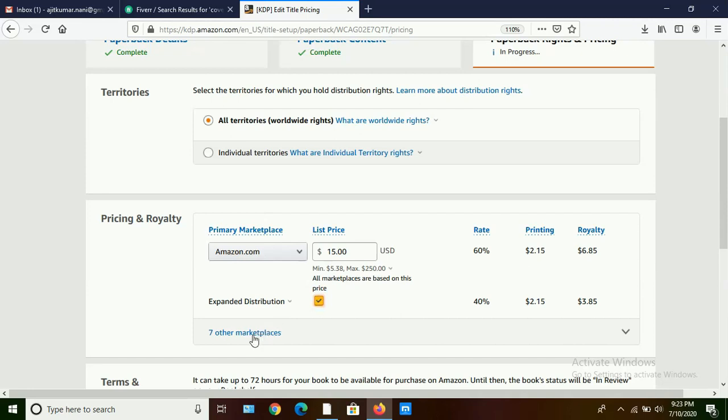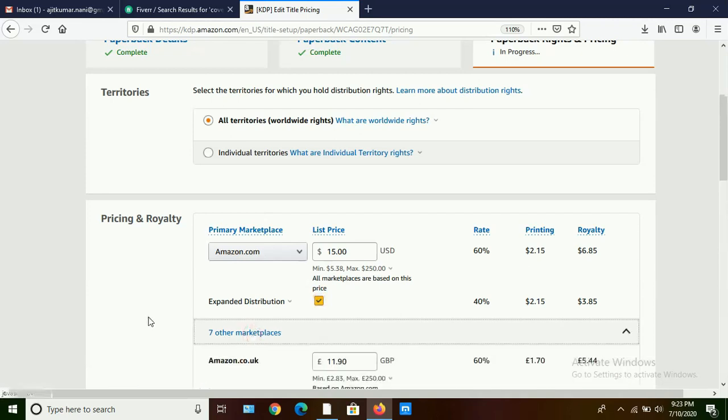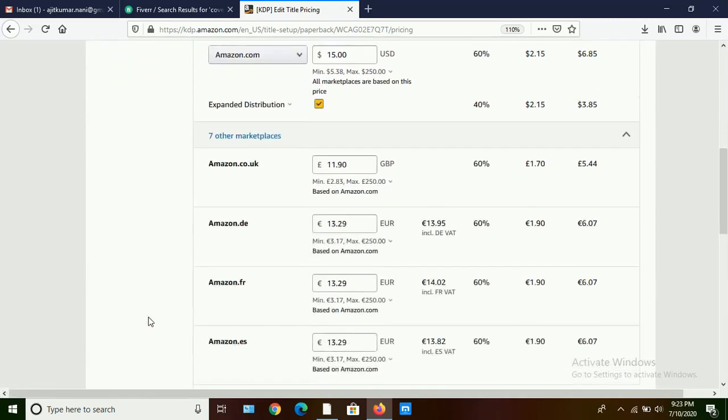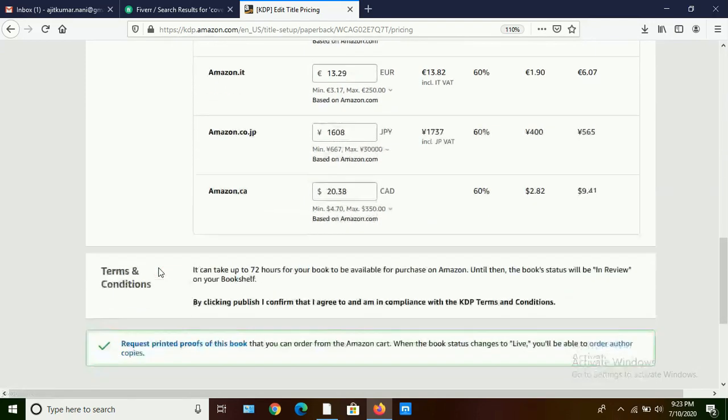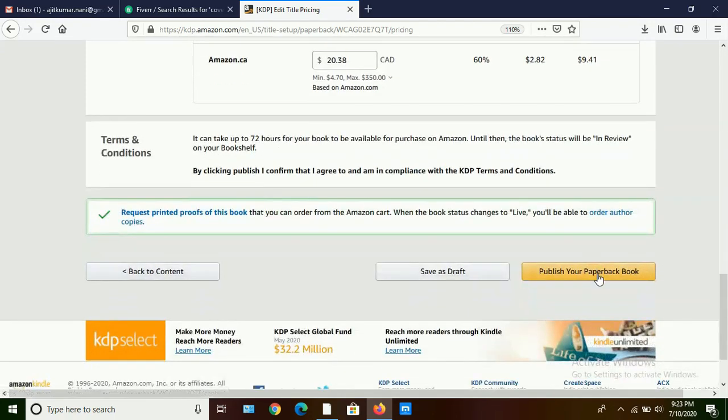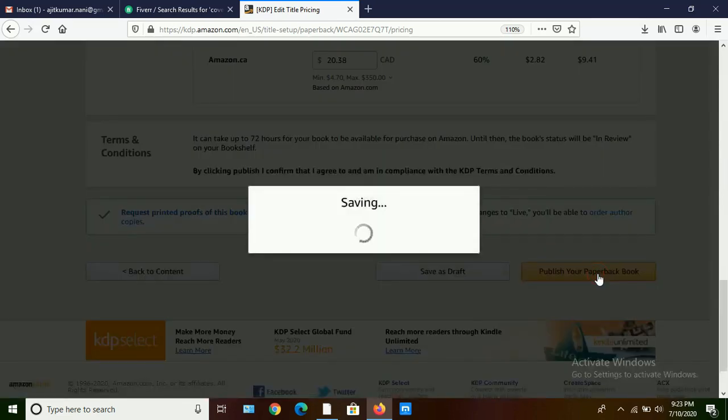Okay, then see, this is how the cost of our book is in different marketplaces: UK, Denmark, France, and others. Okay, you can go through it, and then finally click here to publish our paperback book, and it's saving.